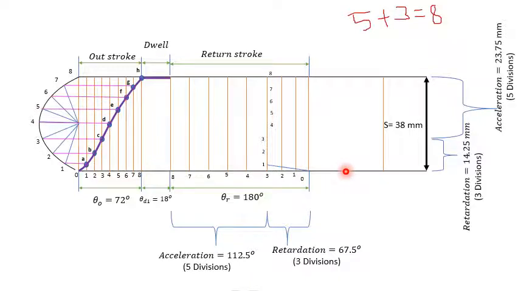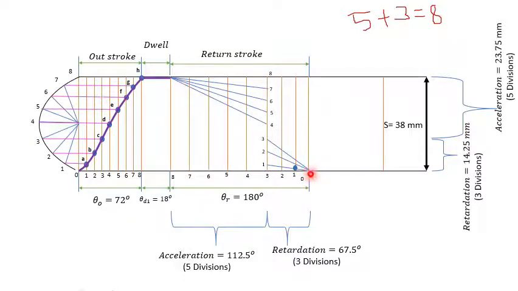So from the corner point, draw a first line, draw the second line, and draw the third line. Only 3 lines from this corner. Okay, next from this corner draw 5 lines like this. To each number we have to draw a line from the corner. So 3 lines from this corner and 5 lines from this corner.